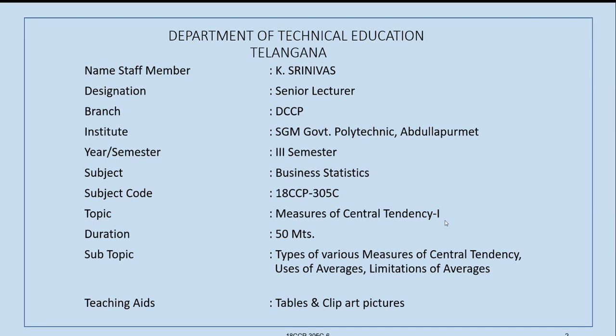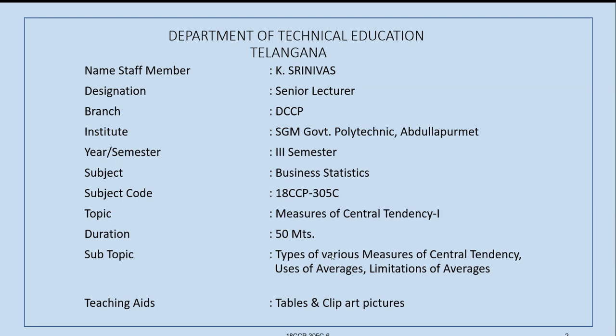And lastly, we have seen what is a diagram, what are the different types of diagrams, what are the uses of diagrams, what are the limitations of diagrams, what is a graph, and what are the different types of graphs we use for representing the data which is given to us. And we have also seen different types of graphs like histograms and so on. And then we move on to the second unit.